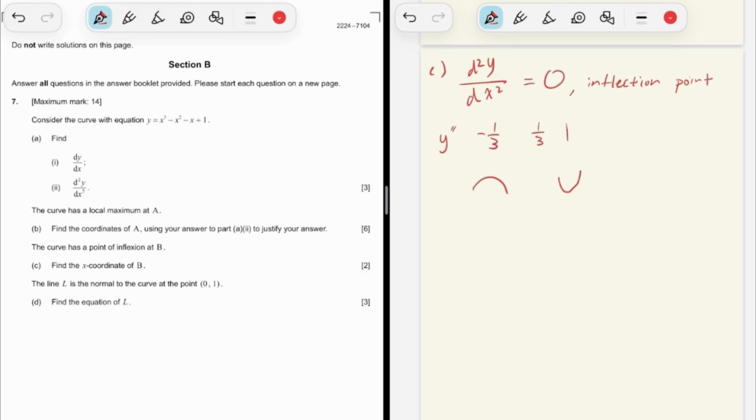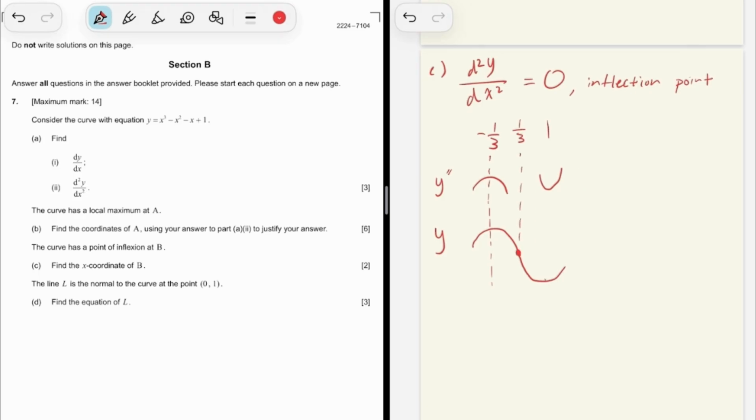And so, thus for y, it shows that it is this shape, in which is negative 1 over 3, 1 over 3, and 1. So therefore, 1 over 3 is the x-coordinate